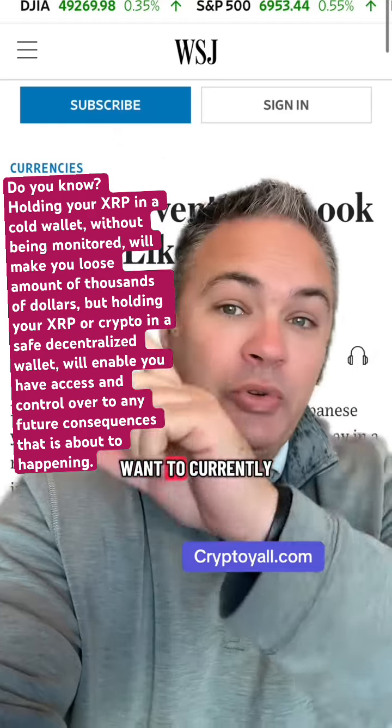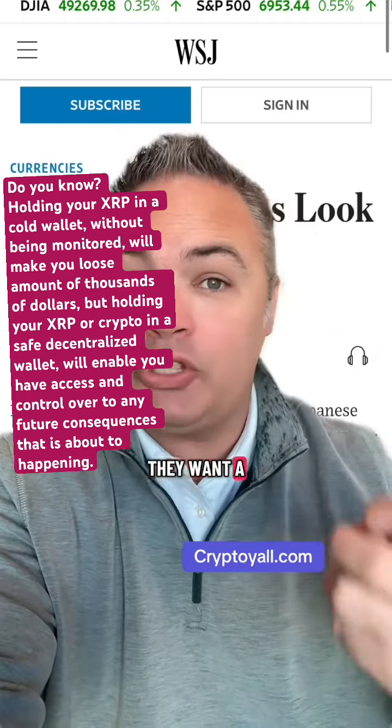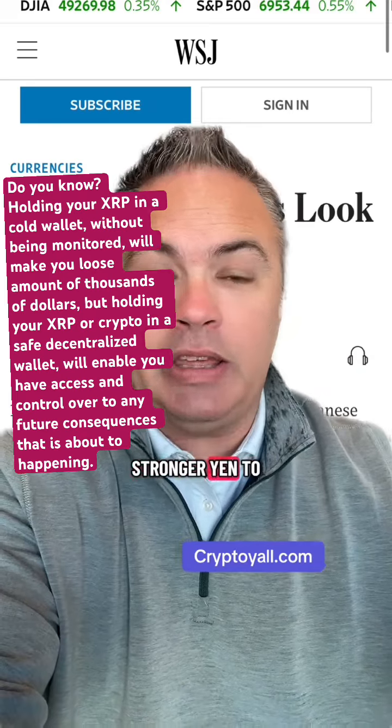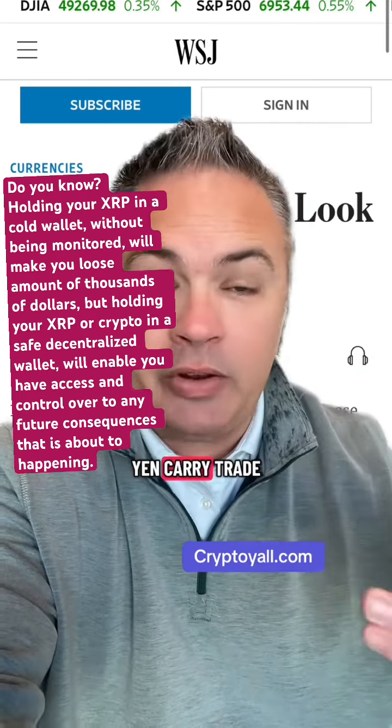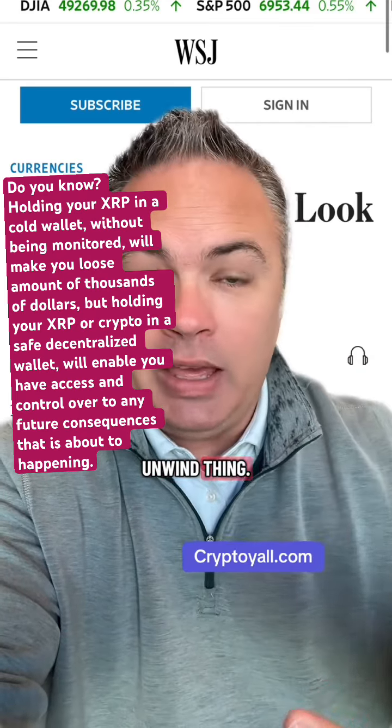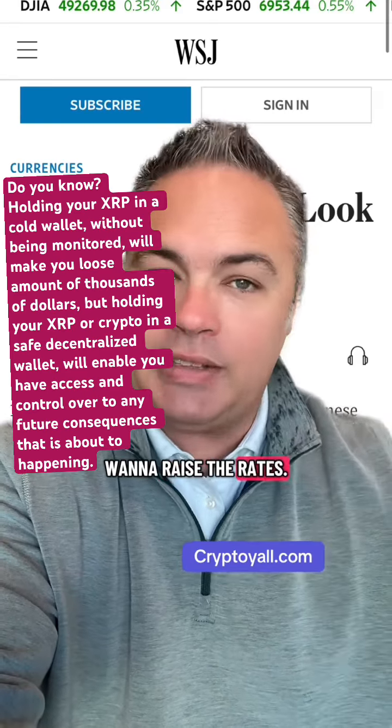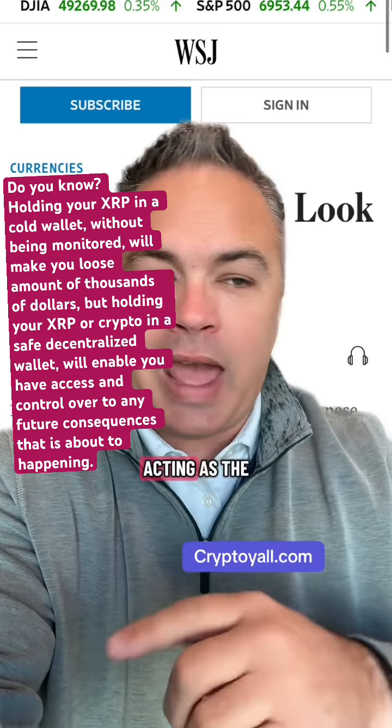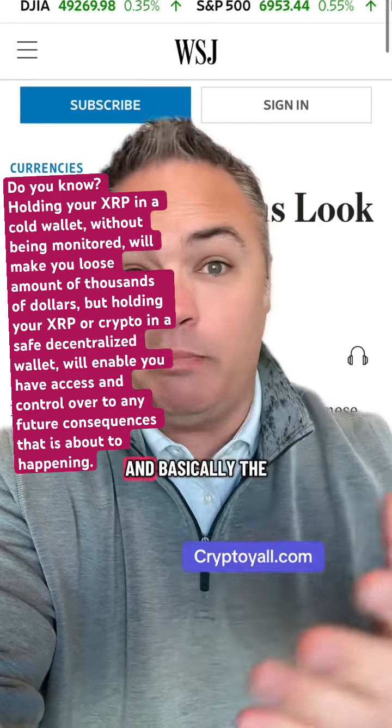So they want to currently support the yen. They want a stronger yen. They need a stronger yen to prevent the whole yen carry trade unwind thing. However, they don't want to raise the rates. So the Federal Reserve, acting as the world reserve currency and basically the central bank